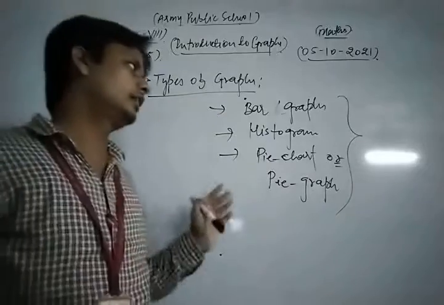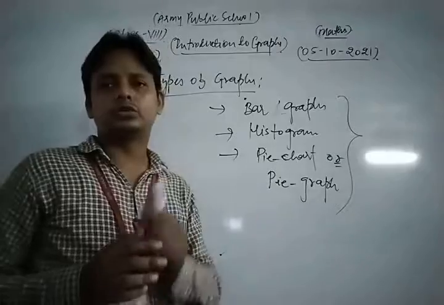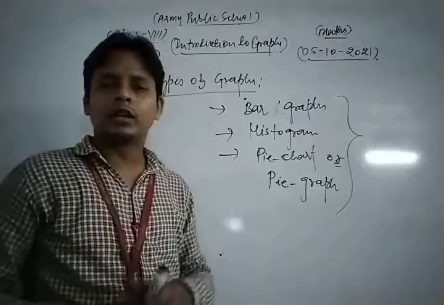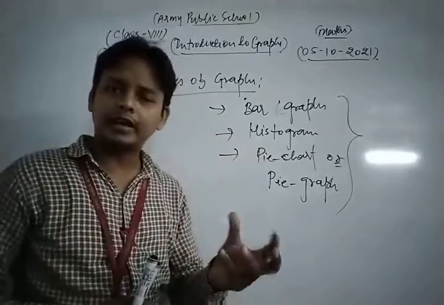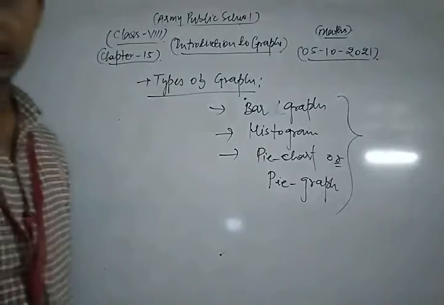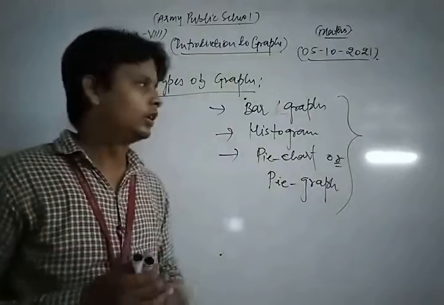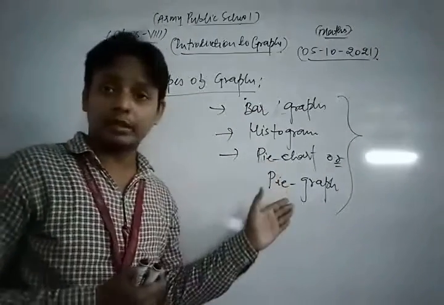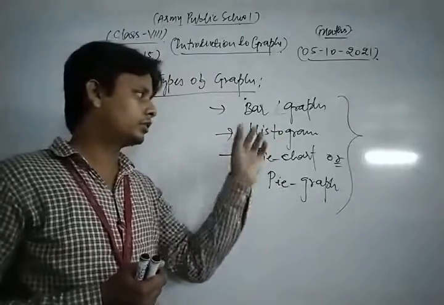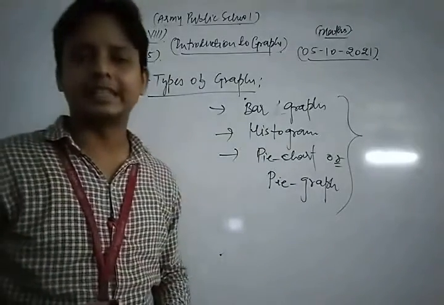The main use of drawing a graph of any collected data is to represent the numerical facts in visual form. So in this way we can say graphs are visual representations of data collected. There are three important types of graph which you have seen everywhere: bar graph, histogram and pie chart. A bar graph is used to show the comparison amongst categories.